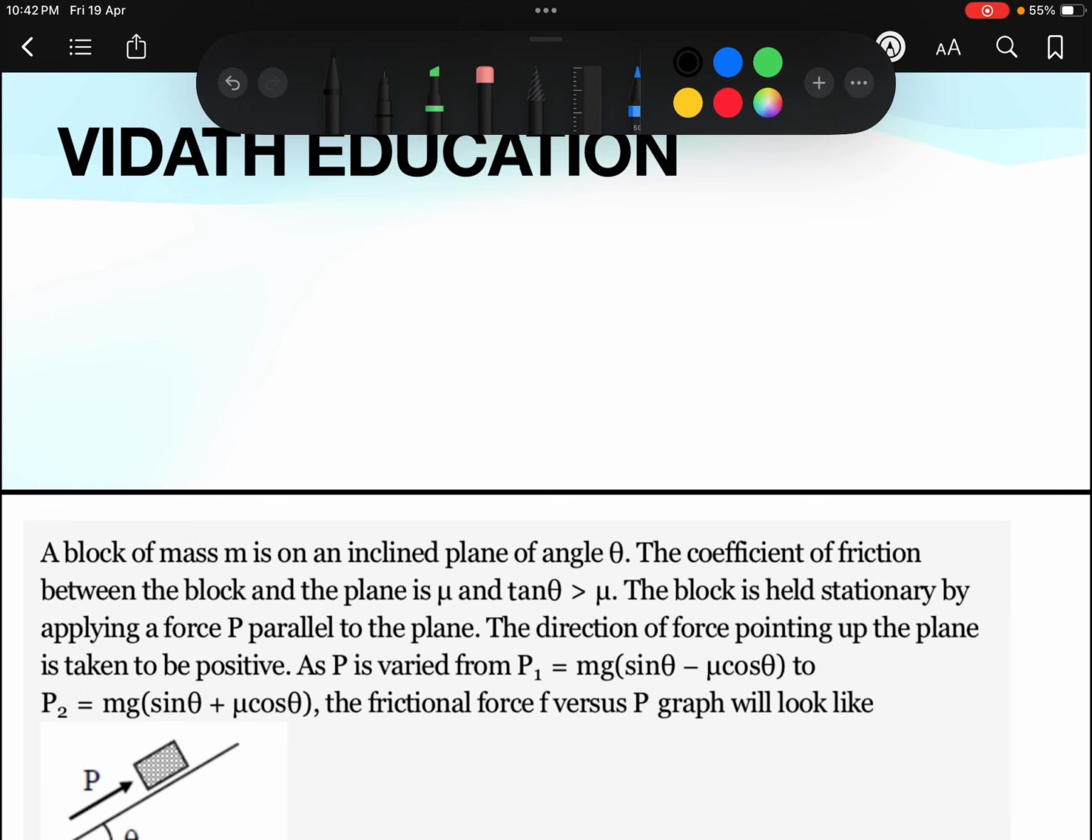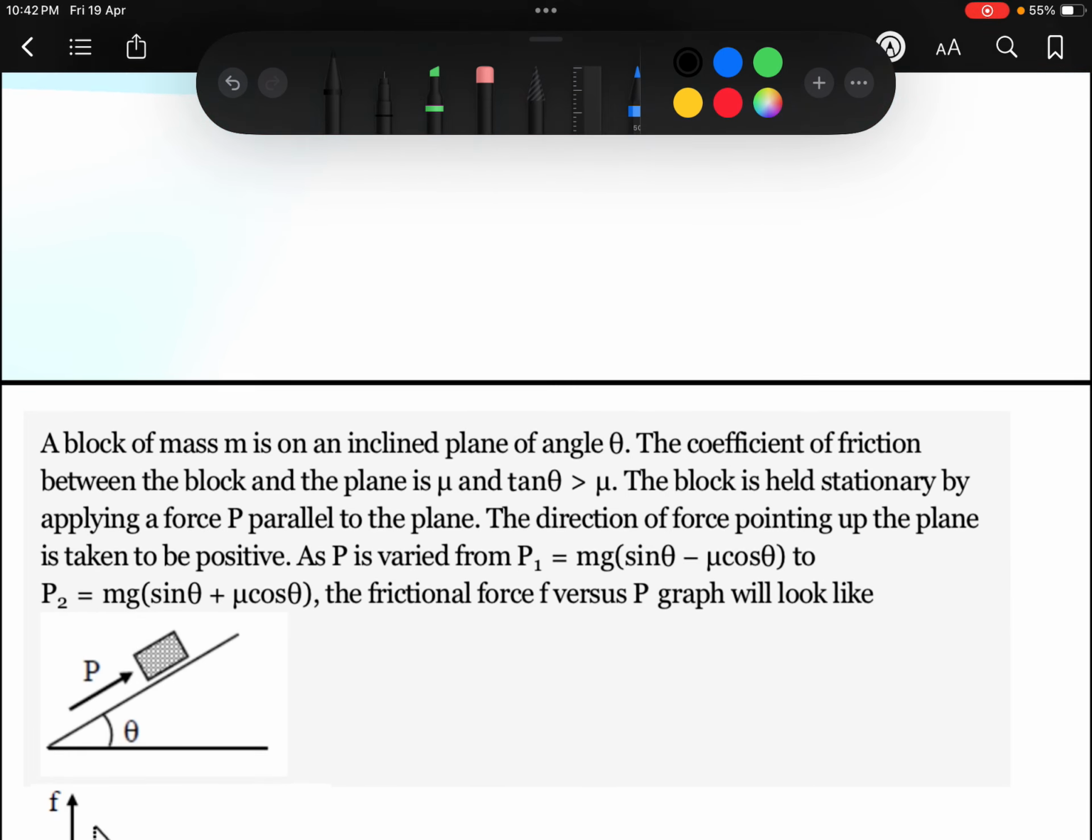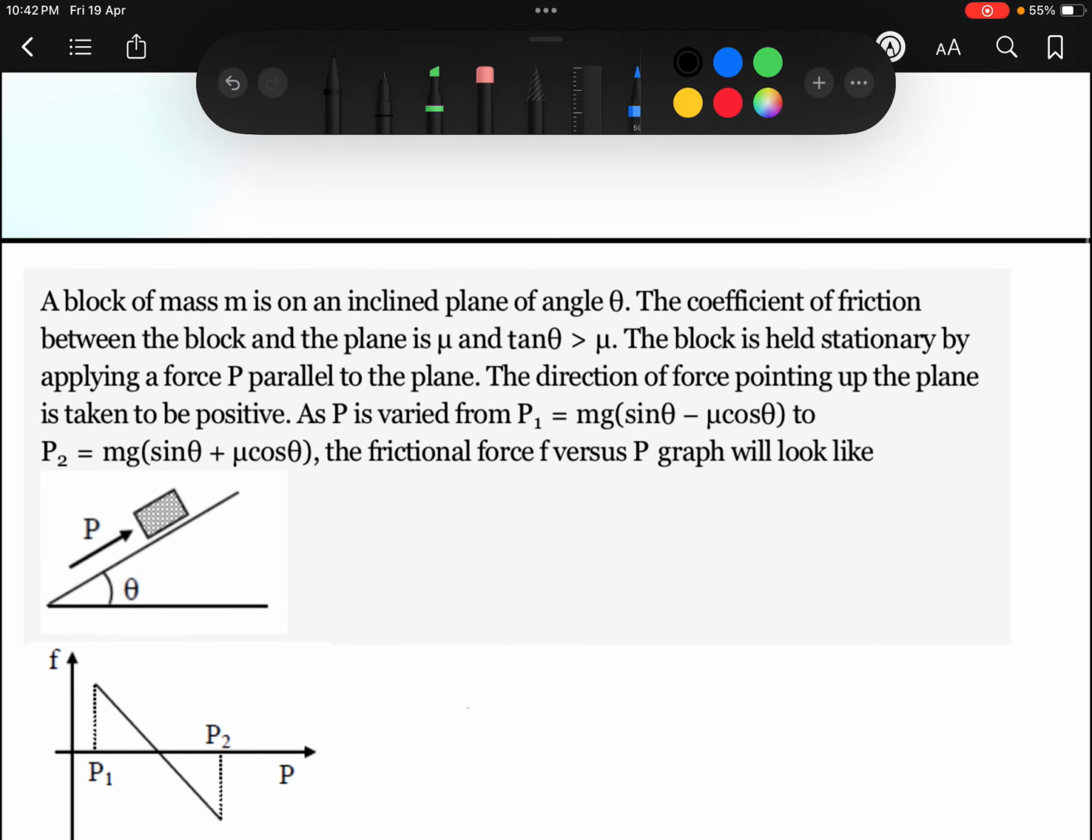So this is a question from the chapter friction from the IIT JEE previous year questions. The question is, a block of mass m is on an inclined plane of angle theta. The coefficient of friction between the block and the plane is mu. Okay, so here this is an